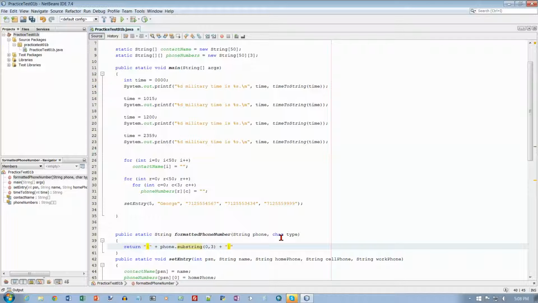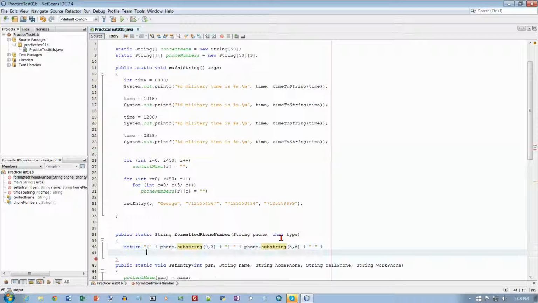Plus, and then I want a closing parenthesis and a space, and then a plus, and I want the next 3 characters, so that's phone.substring starting at position 3, and I want 3 characters, so 3 plus 3 is 6, plus a hyphen, and then plus, and we'll continue down here, and then phone.substring, and I want this one to be at position 6, and I want it to be 4, so that's 10, is the other number there, and then plus, and then a space,